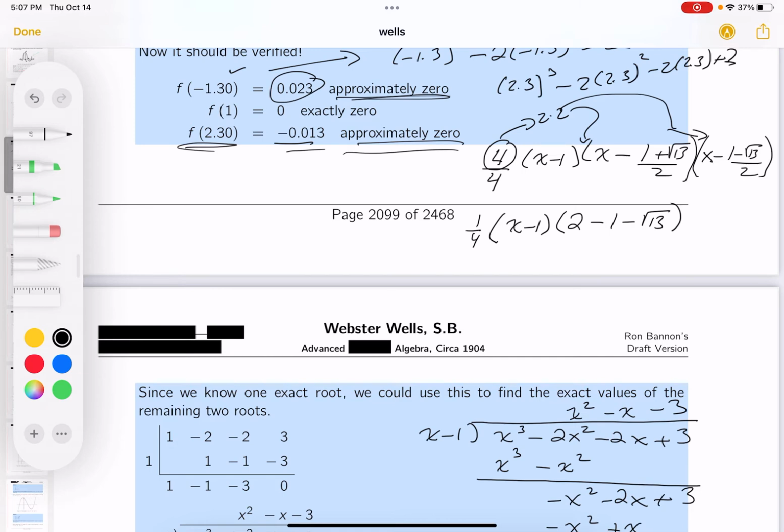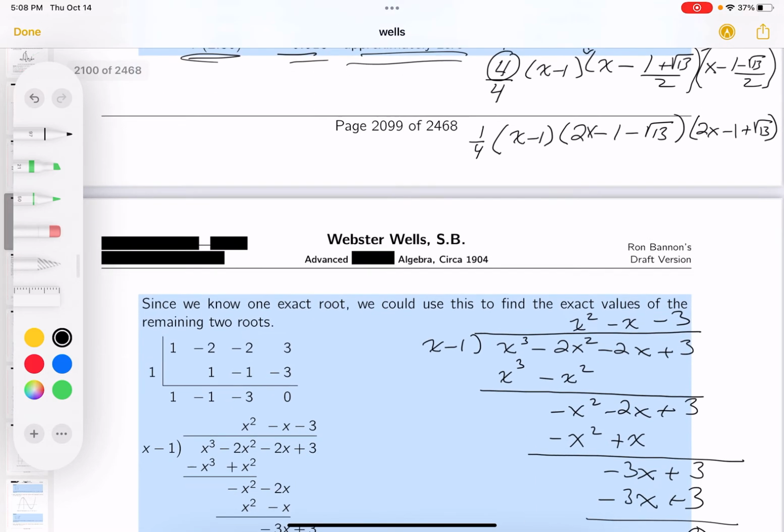Whoops, I made a mistake. I didn't put the x in there. I'm going to associate the other 2 with the other factor. You get 2x minus 1 plus root 13. All right? If you want, you can multiply it out. I don't think it's necessary, but